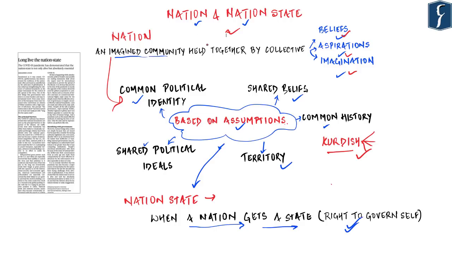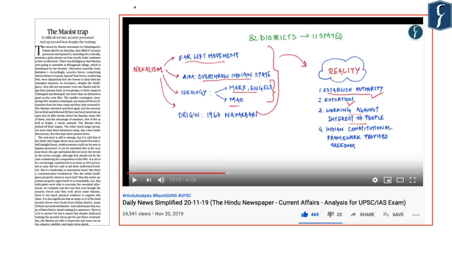Let's now move on to the next article. Now, this sad news appears as an editorial on page number 10, The Maoist Trap. It talks about an attack by Maoist extremists in Chhattisgarh's Sukma district that led to the demise of our 17 brave security personnel. In this regard, it is important for us to talk about what Naxalism is,